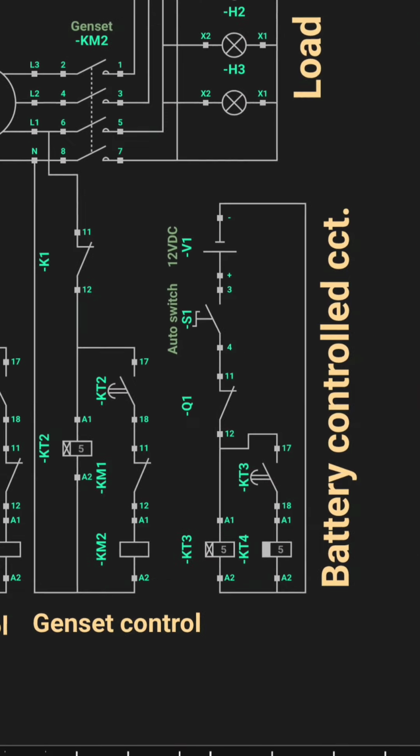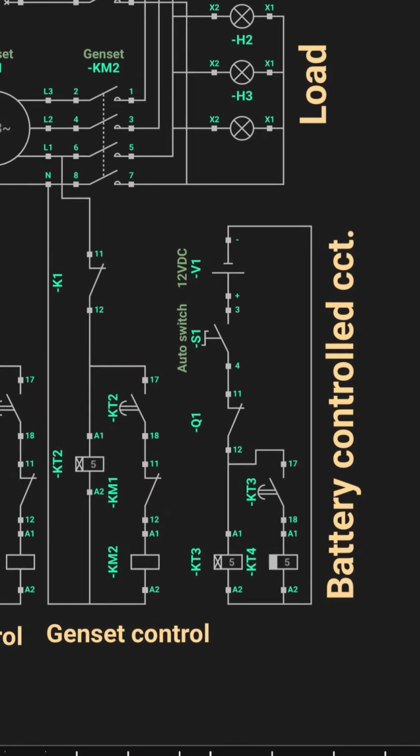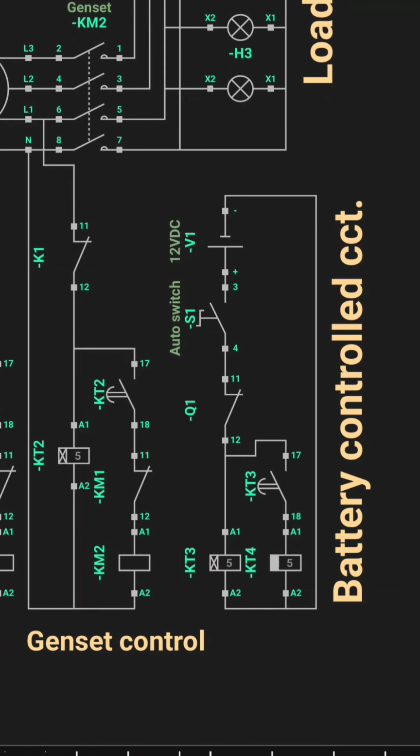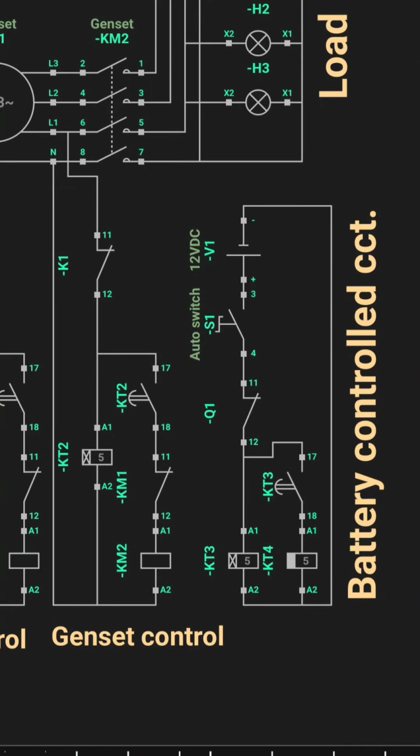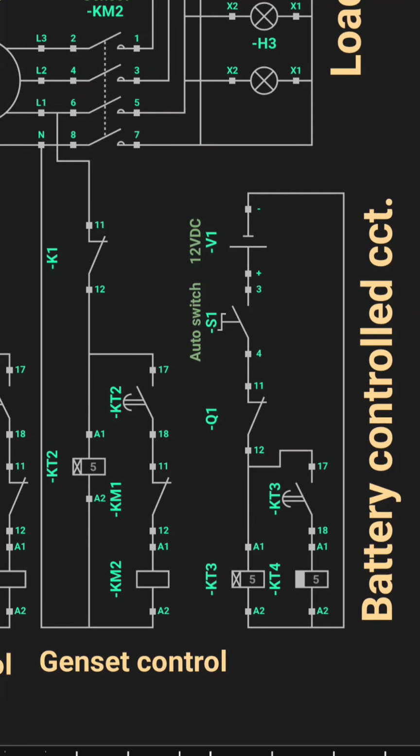Now let us see the battery control circuit. See, it is a 12-volt control circuit. It comes into play in the event when there is no power supply, when the genset is also off. So we are enabling a switch S1 for automatic switching of genset.